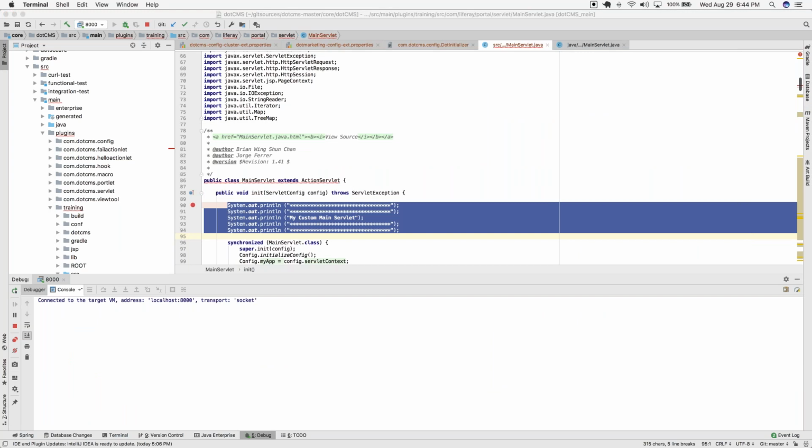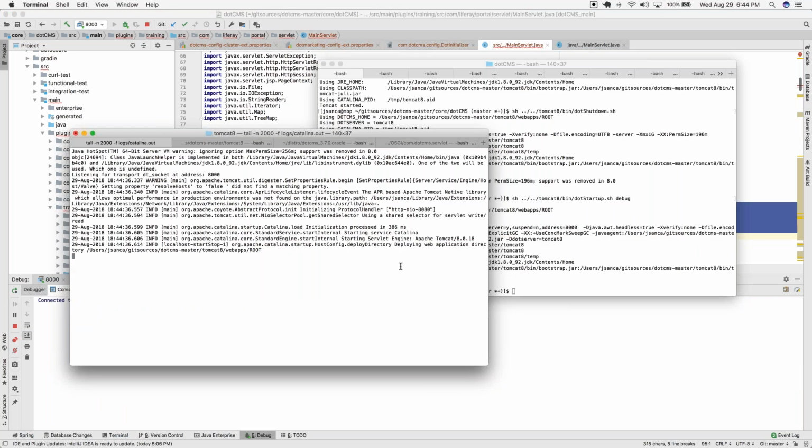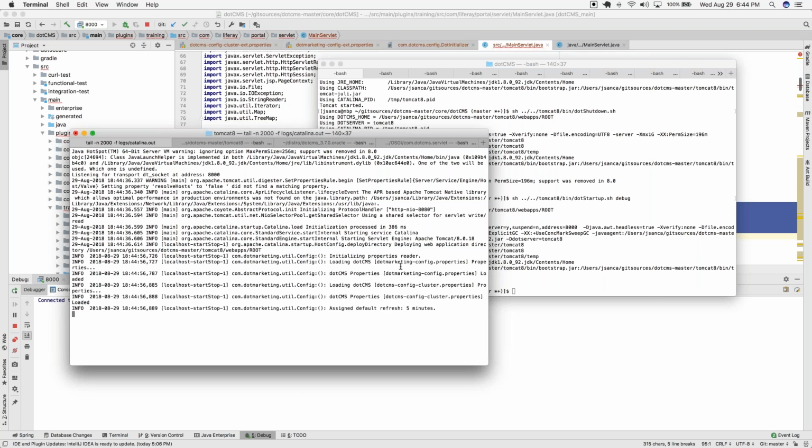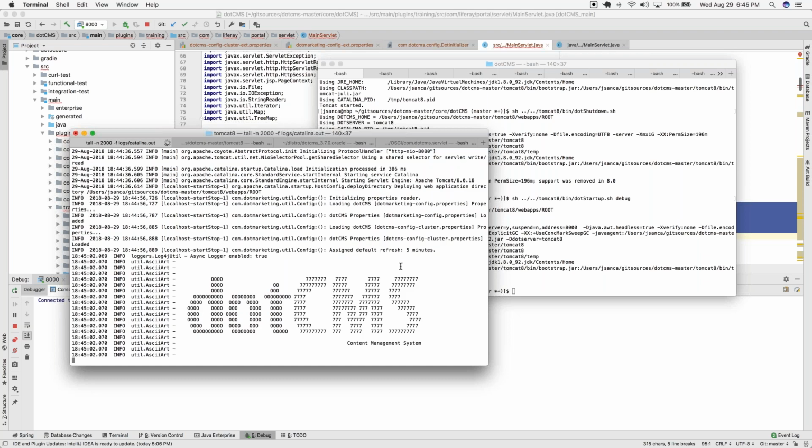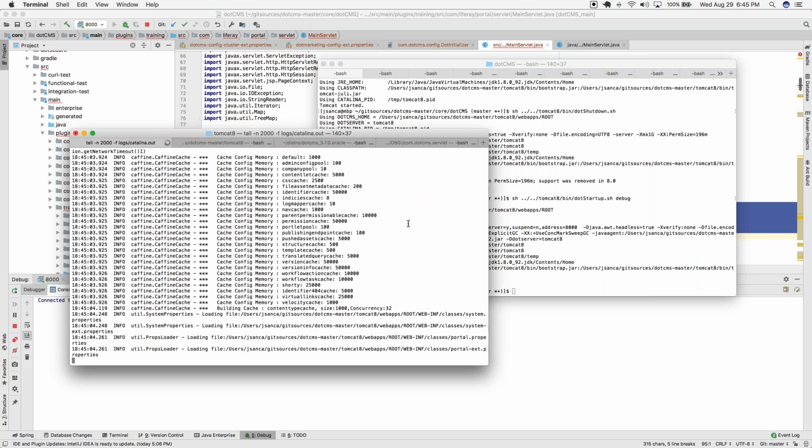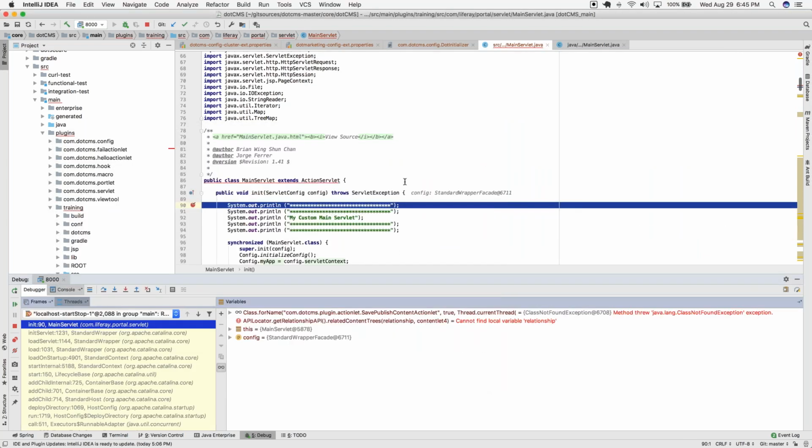Okay. Okay, so it is starting. We are going to check two things. We're using the lib that we already deployed as part of the training plugin, and we override a class that is going to print a message. Okay, so as you can see, dotCMS already realized that we are using an override class,